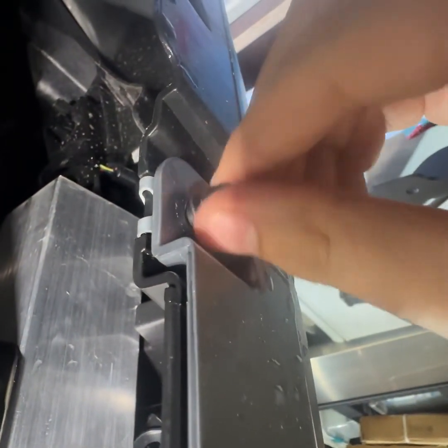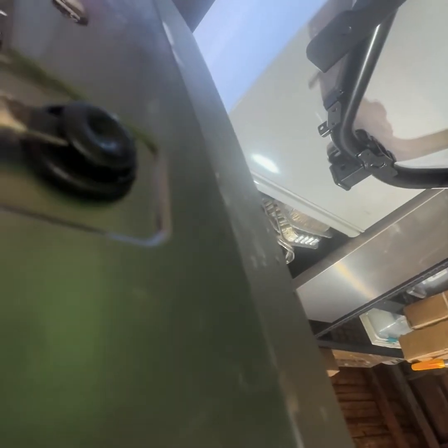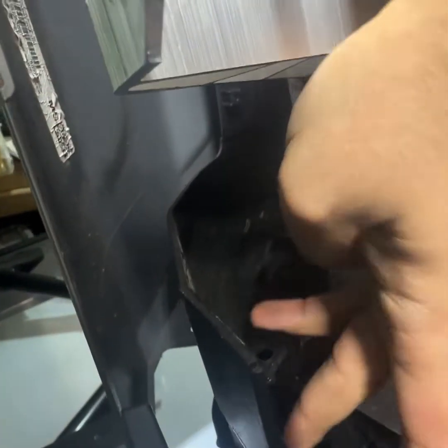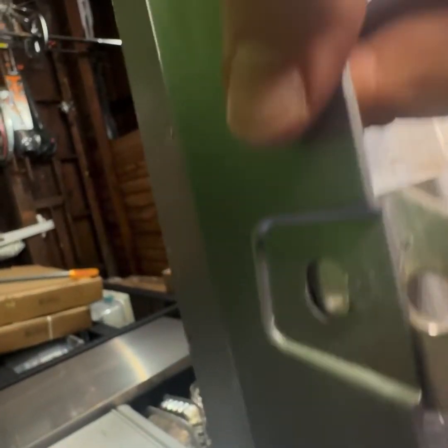So right here, using a 10 millimeter socket to get this bolt off. And then we have some plastic clips, pretty easy to pop off. You just use a flathead, pop this up a little bit, and you can pull it out. And then when you're putting it back in, all you do is push it back in and it clips in together. So we're gonna have a clip there, the bolt that I showed you, and then this clip right here, and it's also gonna be on the other side, and then the 2 bolts at the top,